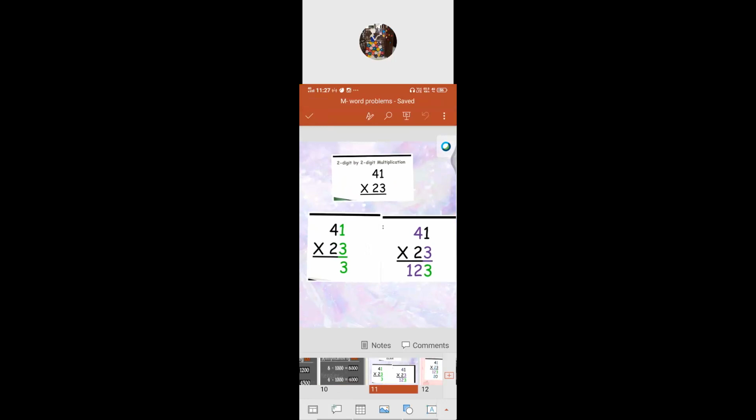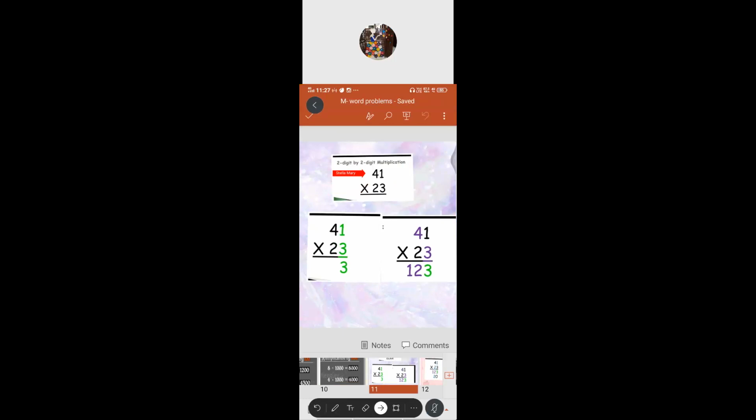So here also we have to follow 3 steps. What do we have to do? The first step, the basic one. If you know it well, that is easy for you. You can do the multiplication without any mistake. What is the first step? If you see, 41 is the multiplicand. The symbol should be multiplied by 23. So 41 is the multiplicand, 23 is the multiplier.